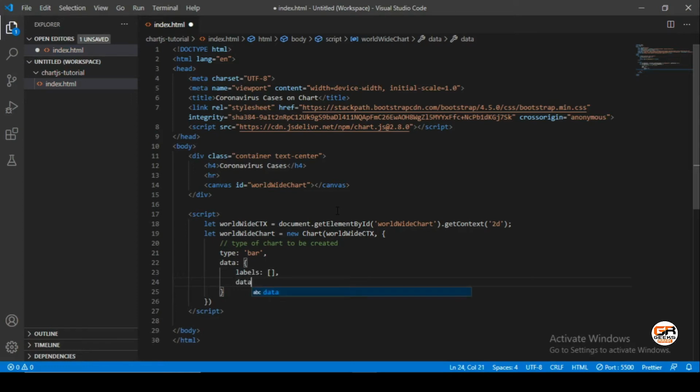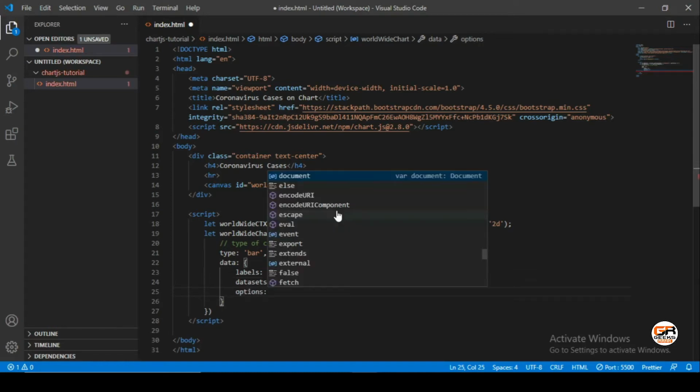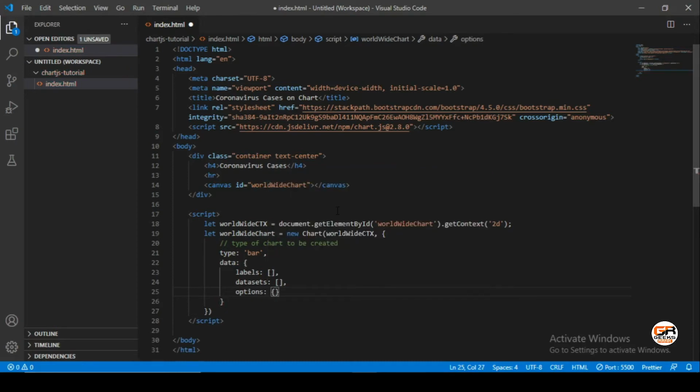And second will be the datasets, which will again be an array, and then the options, which will be an object. Okay, let's create the labels and datasets.